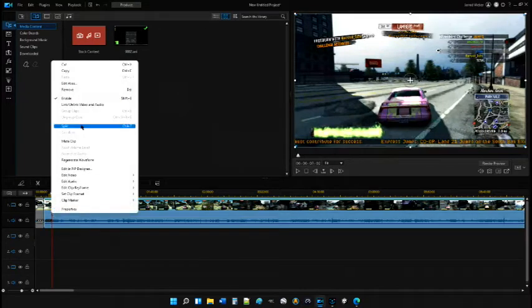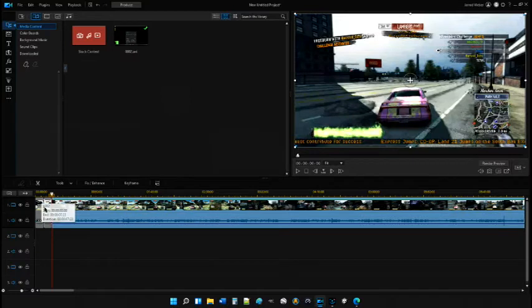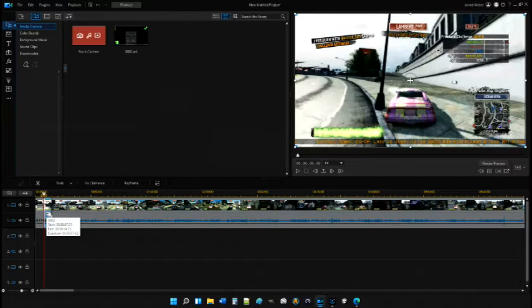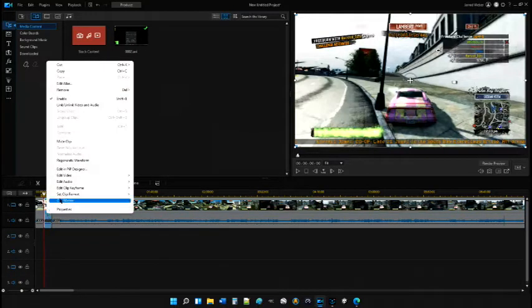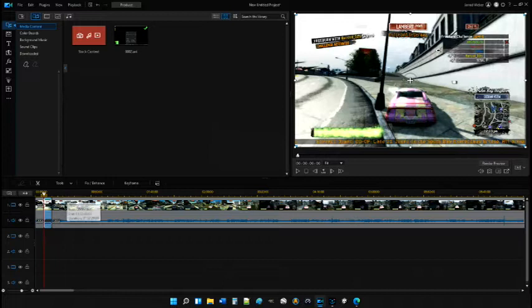Now we have to copy this clip. There's the split. We have to left click it to highlight it. Now we want to right click it. Select copy. Now we have to make two more